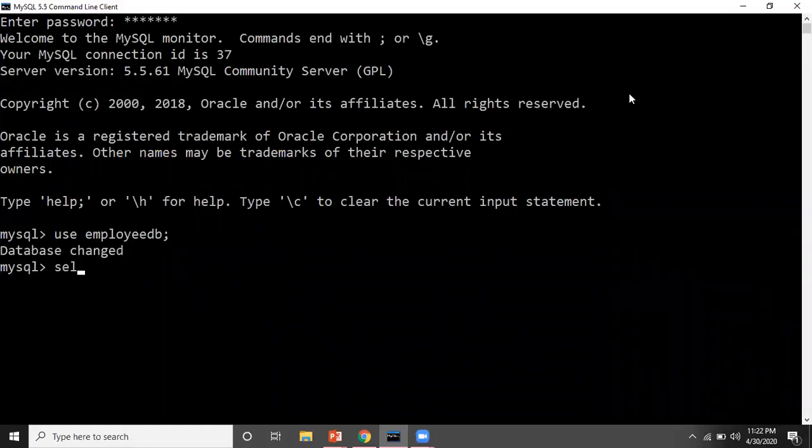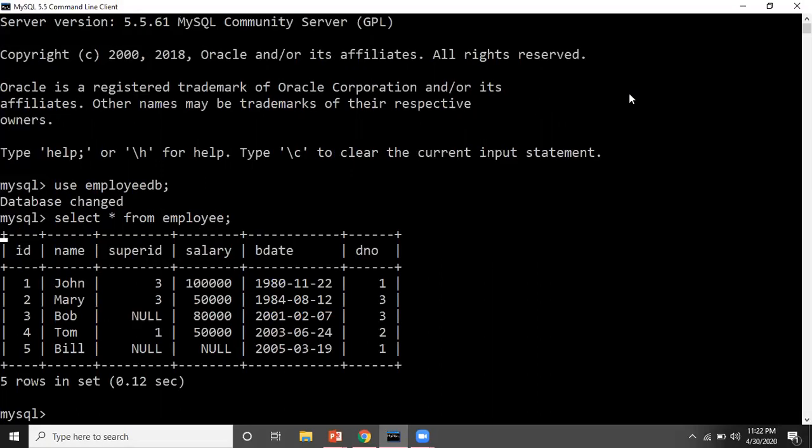Now select star from employee to fetch all the details of the employee table. As you can see, the employee table has ID, name, superior ID, salary, birth date, and department number. Here I want to give a raise to all these employees.